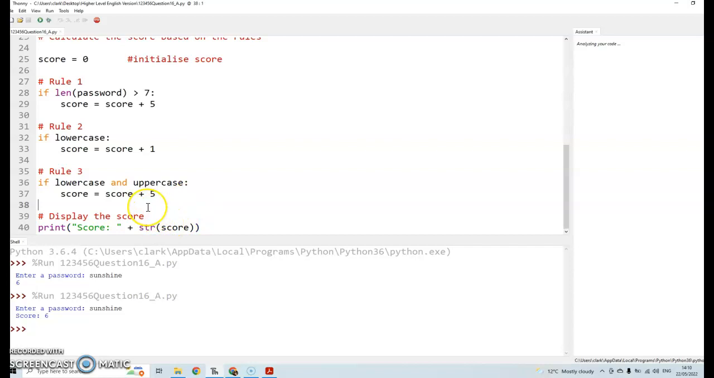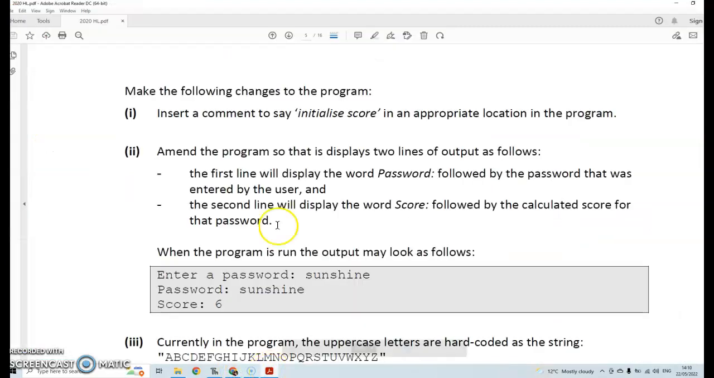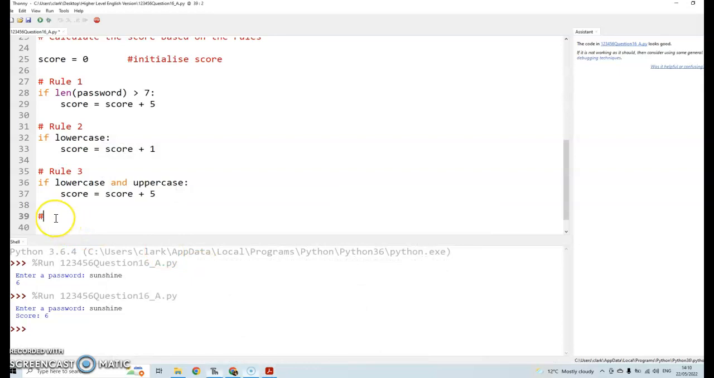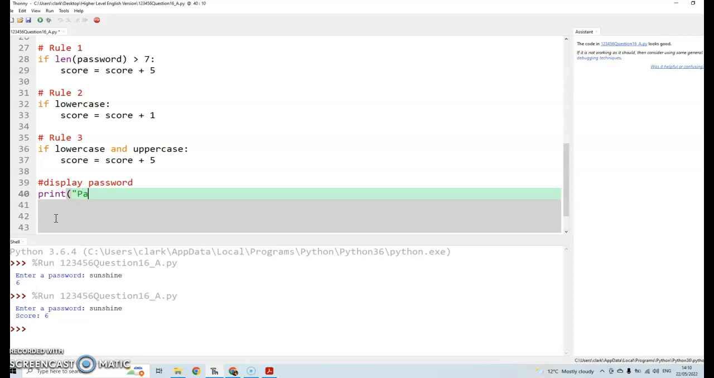But we do need to put in something before that, so we need to put in, I think it's, let's see here, show what the password is. So we need to put in display password. And so to do that, to display our password, we're going to go print password,